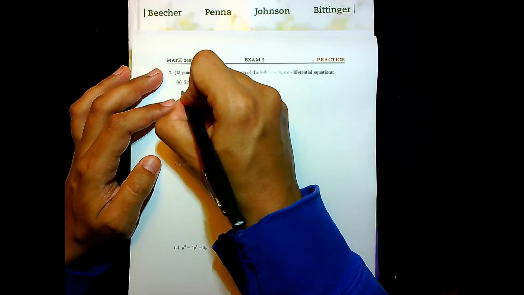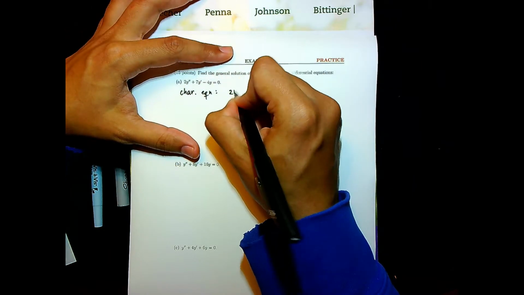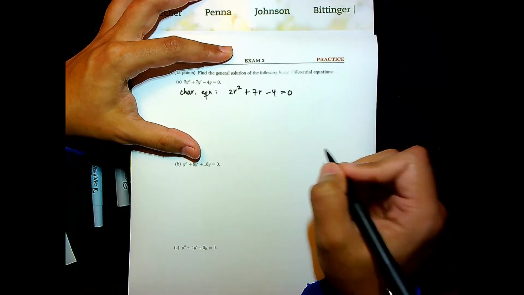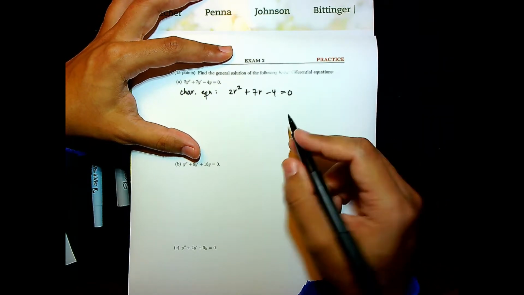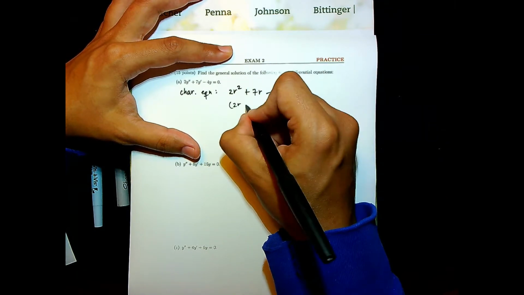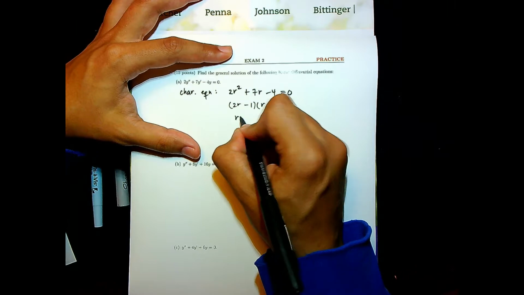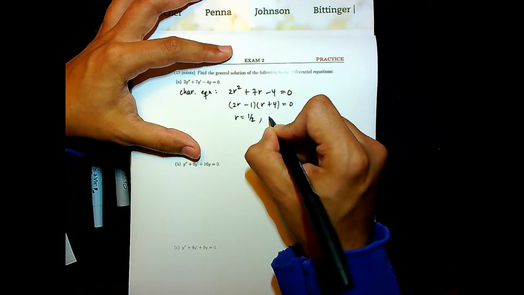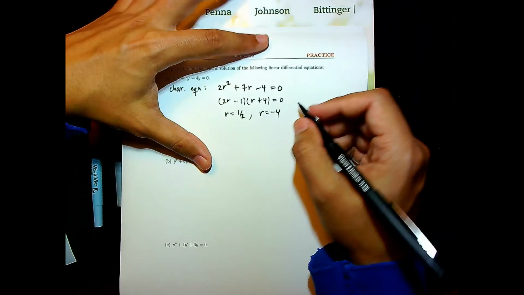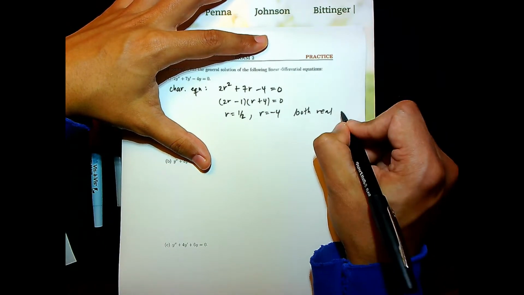Okay, so the characteristic equation for this one is 2r squared plus 7r minus 4 equals 0. And now you can use either the quadratic formula or factor this. These actually factor. This factors as (2r minus 1)(r plus 4) equals 0, which means that r equals a half or r equals negative 4. And because they're both real and distinct, right? Both real and distinct,